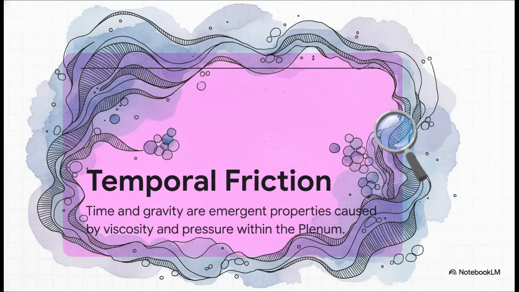So if space is a fluid, you might be wondering, what about gravity and time? Well, the S-DMT protocol completely redefines them using this fascinating concept called temporal friction. Here, gravity and time are not fundamental forces of nature at all. They're merely emergent properties. Gravity is translated as thixotropic pressure, which is just the gradients of density pushing against each other in that superfluid. And time? Time is simply the resistance, the literal physical friction, that's encountered when an object, which the text describes as a soliton or a standing wave, moves through this dense substrate.